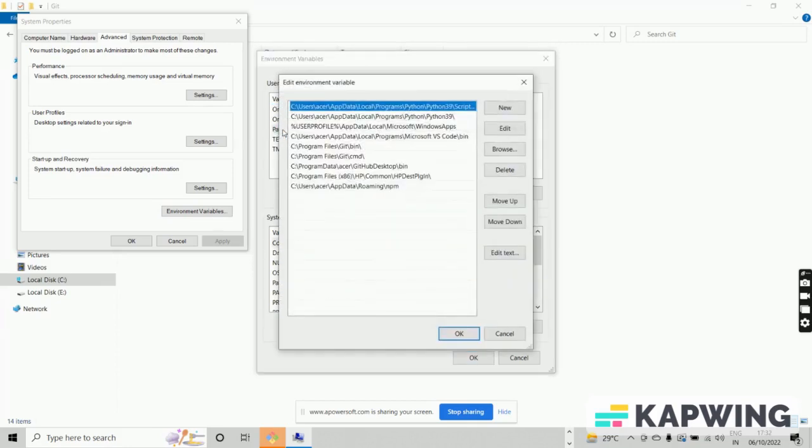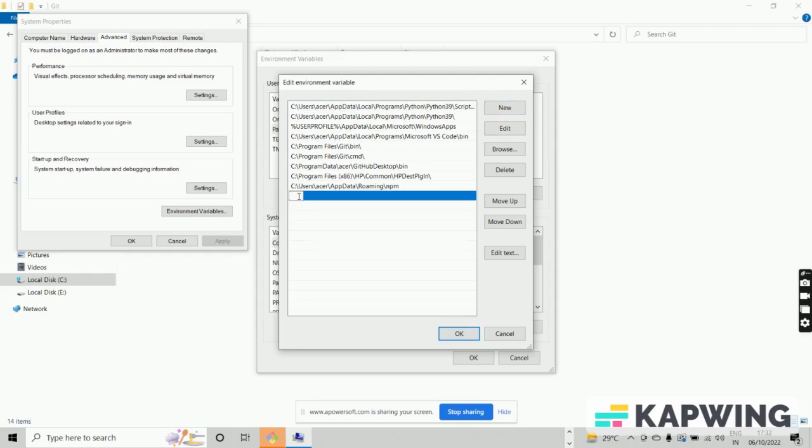Okay, click here, and as I had already installed Git, so that's why I have the path for bin and cmd folders. Okay, if you don't have the path for the bin and cmd folder of Git, then you need to add these paths. Okay, so to add the path you need to click on new like that and copy